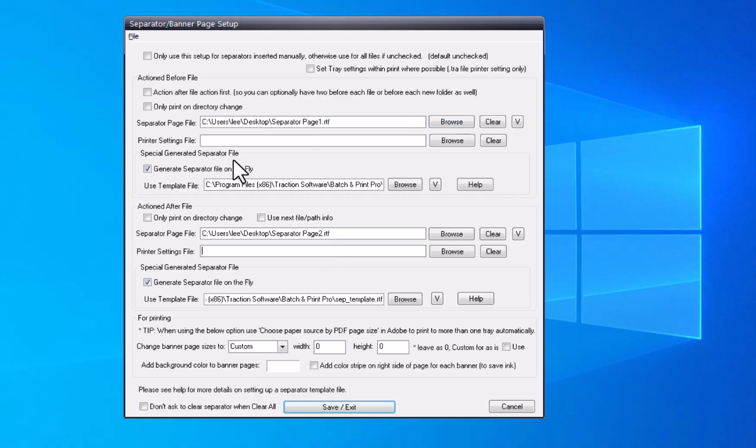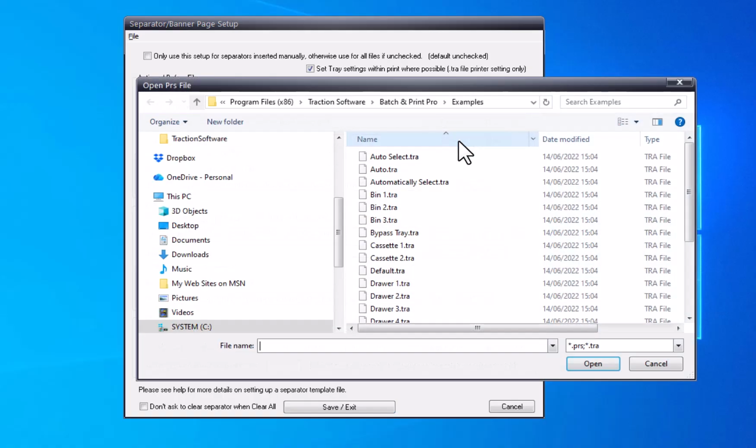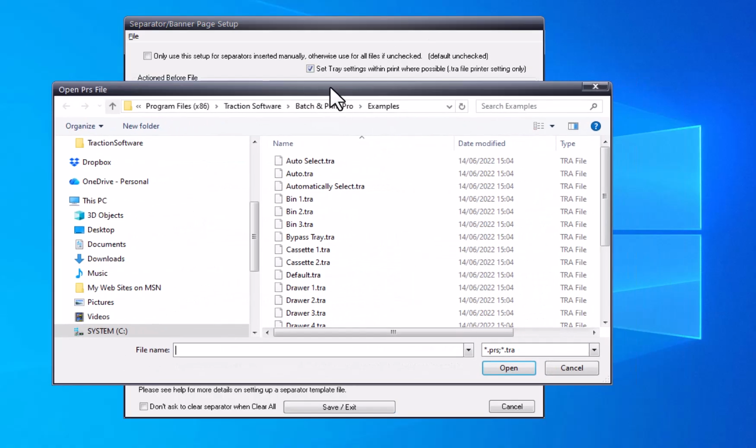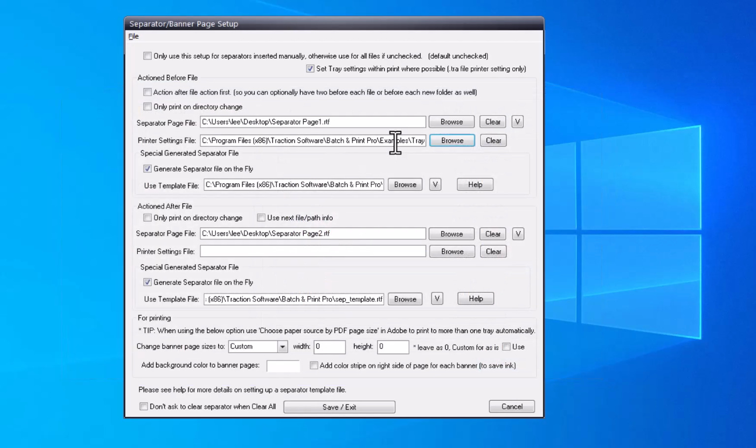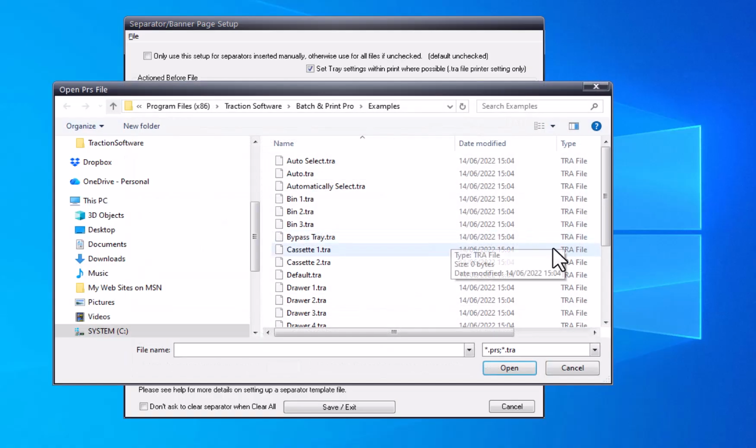Now I want to actually print the banner page on a different tray, so it could be different paper, for example. So I'm going to set tray settings where possible. And in the printer settings file, I'm going to select from the examples folder here, tray 2, because my printer's name's like that, tray 2. If it's a different name, say cassette 2, then you need to use a cassette 2 file instead. And click on that one here,